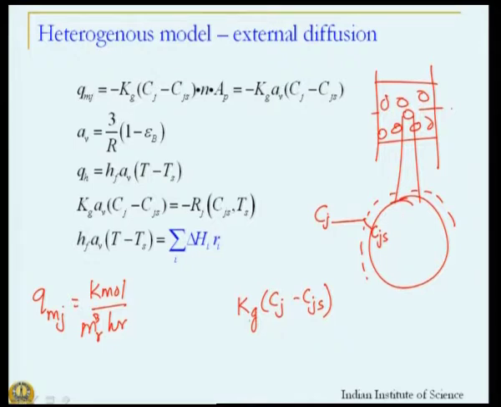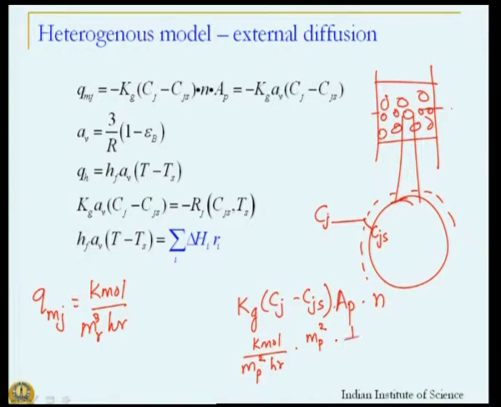Now, this rate is per unit catalyst surface area. So, let us multiply this by the surface area of the catalyst. So, this one is kilomole per catalyst surface area per hour. So, let us multiply this by mp square, but at a given cross section we do not have only a single particle, we have n number of particles. So, multiply this by the number of particles per unit volume of the reactor.